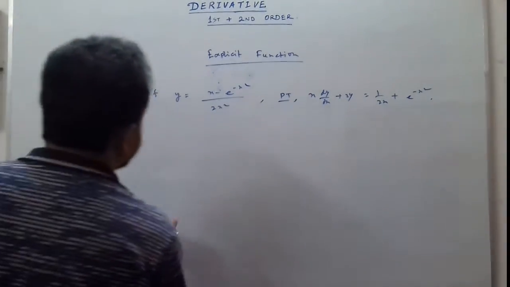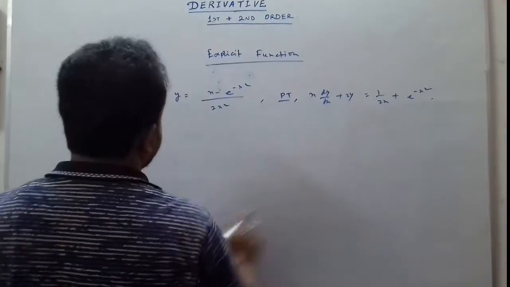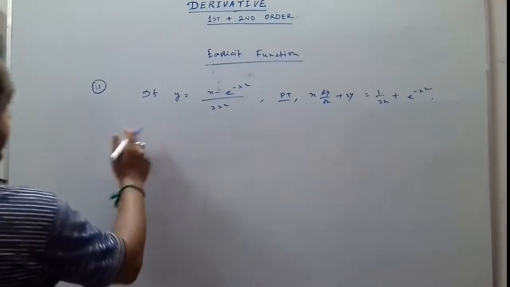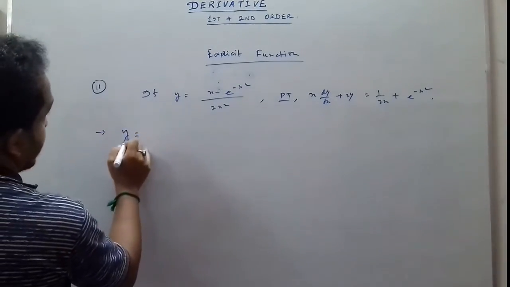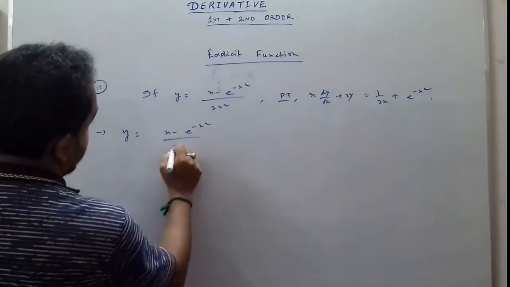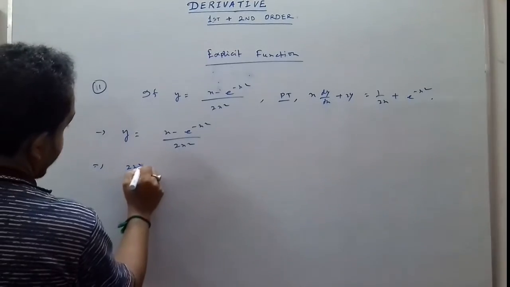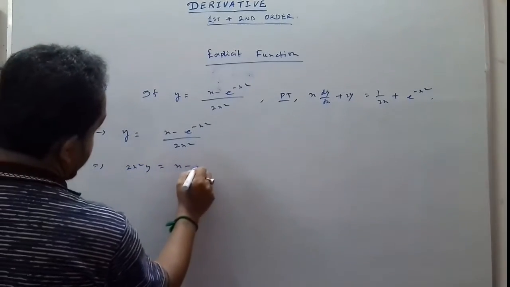Now let us start to show that our given part is equal. y is equal to (x minus e power minus x square) divided by 2x square. So cross multiplying we get 2x square y is equal to x minus e power minus